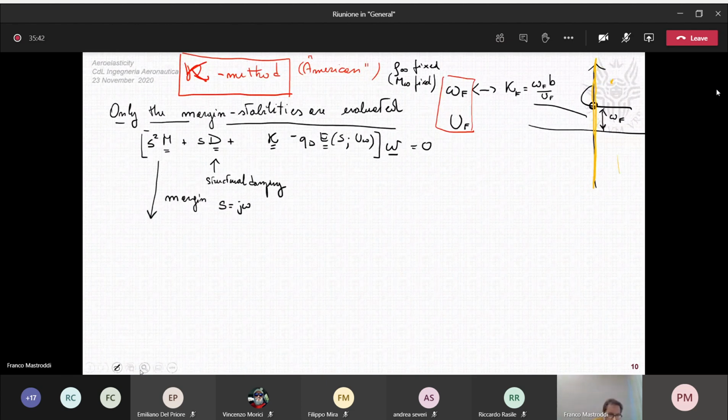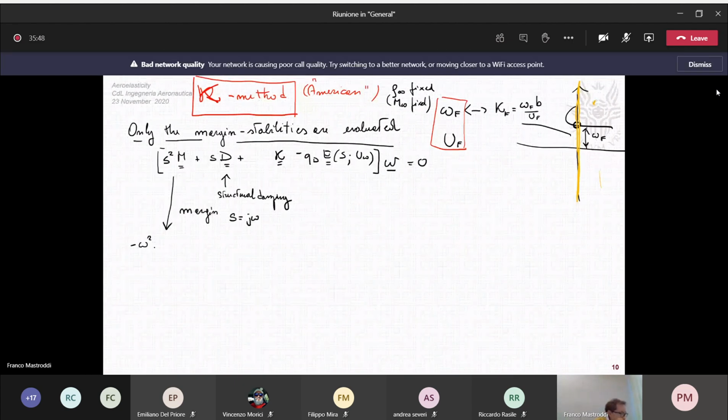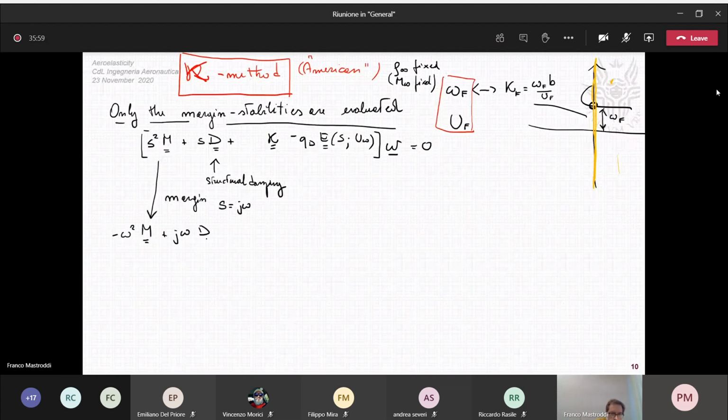And so we have minus omega square mass matrix. This is a modal mass matrix, do not forget this. And this is plus J omega D, the structural damping. We have a stiffness minus QD